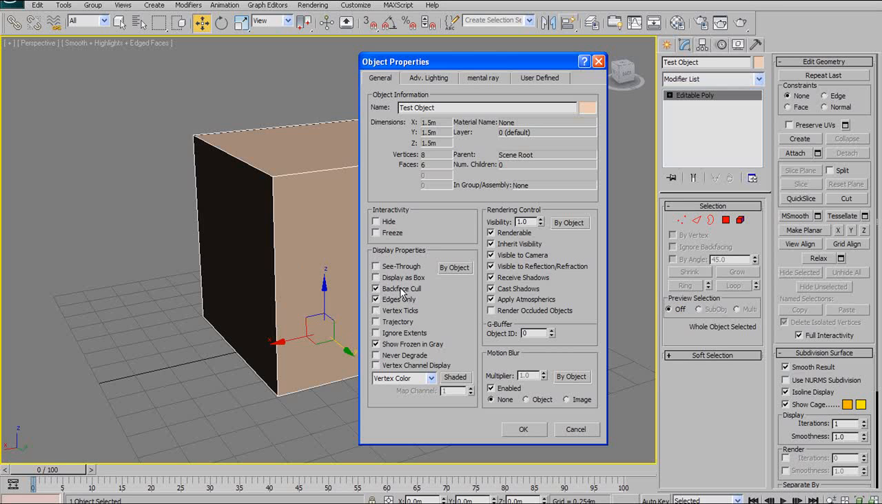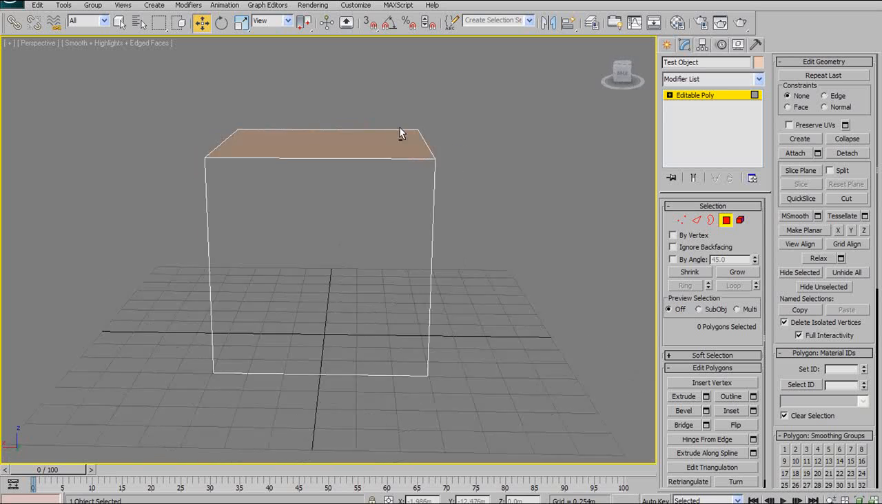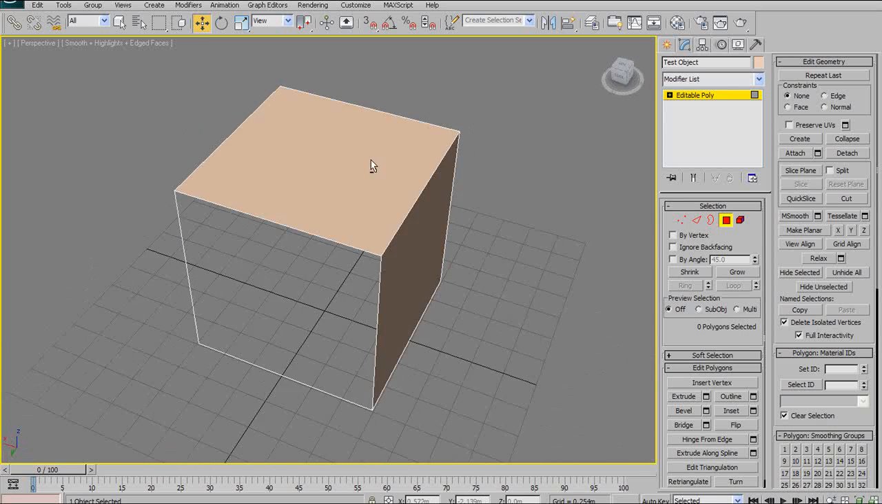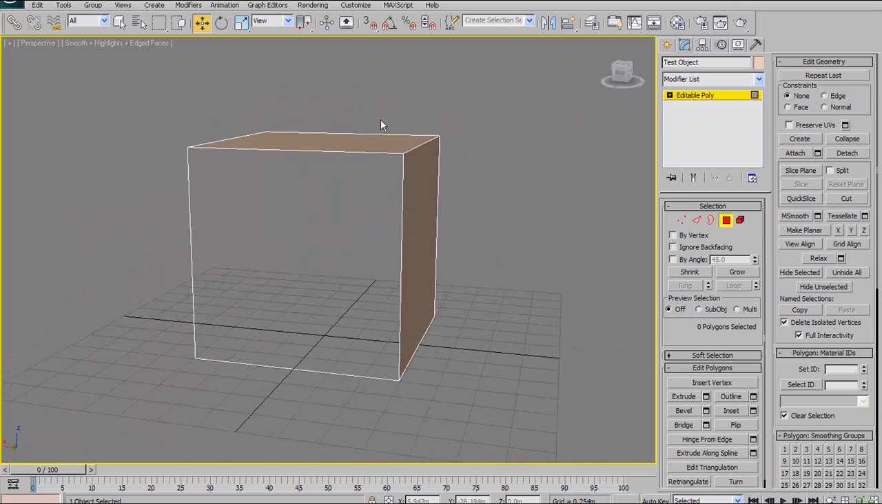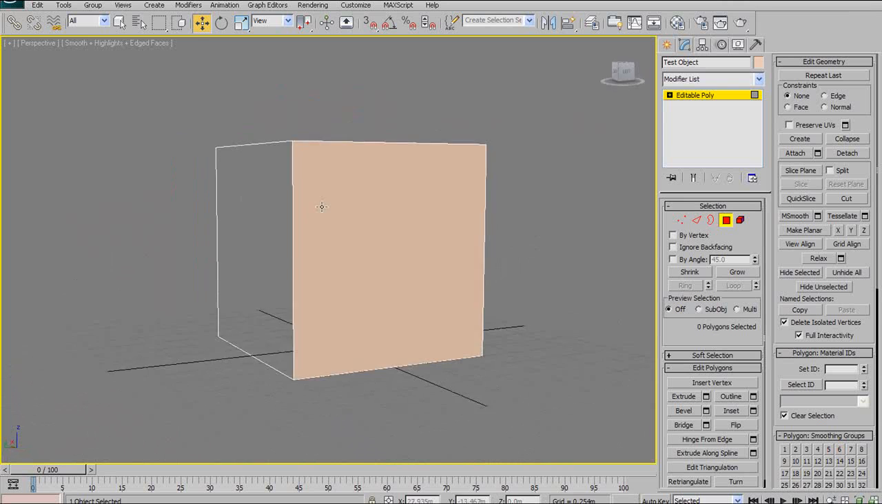Backface culling is kind of useful and fairly important sometimes, so I tend to use that a lot. And trajectory is something used for animation. Probably the rest of these I won't talk about too much for the purposes of this tutorial, but basically backface cull is the most important one under here. What that does, I'll show you really quickly, is it makes the backs of faces see-through, so it doesn't draw the backs of faces. And that can be very useful at times. I usually tend to leave it on,